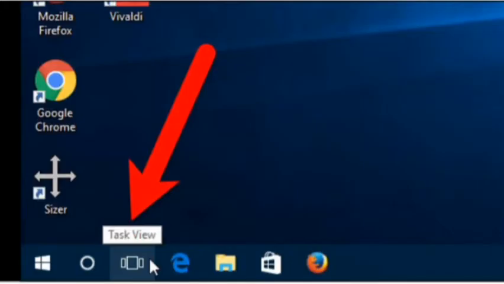This is the task view area, to the right of the search bar. This helps the user to view the open windows. All the windows that the user is working on will be viewed under this task view button, and we can easily switch between the open windows or close them. You might have experienced this in the Android phone that you are using.